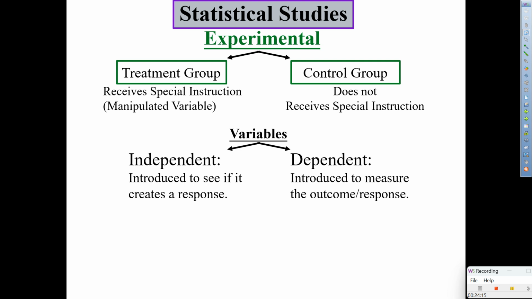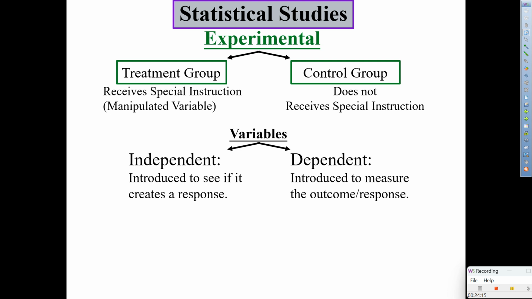All right. So Georgia, in your own words, treatment versus control. Yeah, treatment group, obvious, receives treatment, and the other one does not. Simple as that. And once we introduce the variable, what's the difference between independent and dependent?